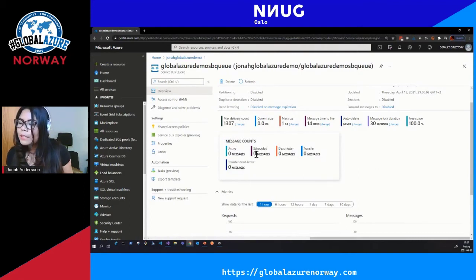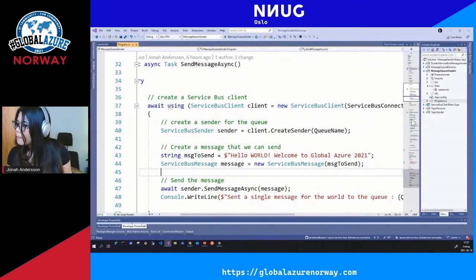Since I haven't set up any scheduled and dead letter features in my application yet, we're going to focus on the active messages that are currently in the queue. And I will be showing you the code now.